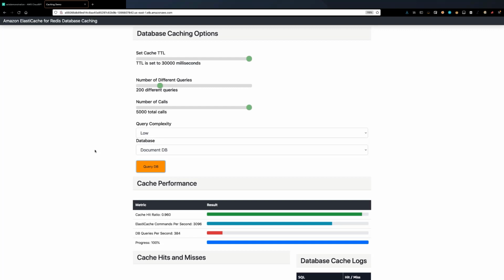So in our example, we have Amazon ElastiCache as that in-memory low latency layer in front of Amazon DocumentDB, while allowing DocumentDB to focus on the value-added work such as processing the queries and retrieving data in a variety of forms and fashions. So as we look at some of the dimensions to consider in our caching strategy, the first